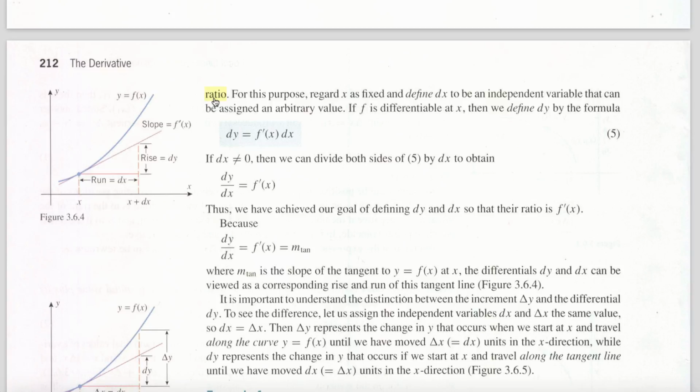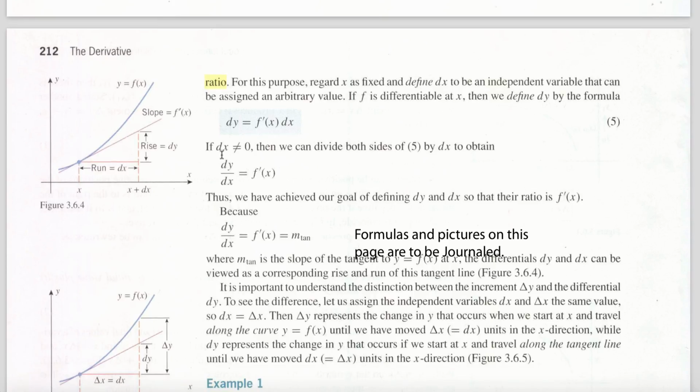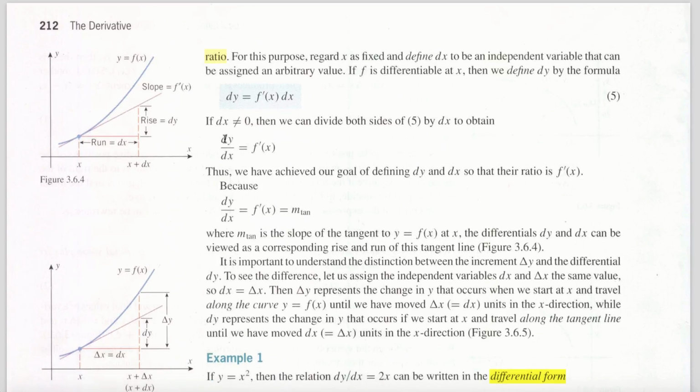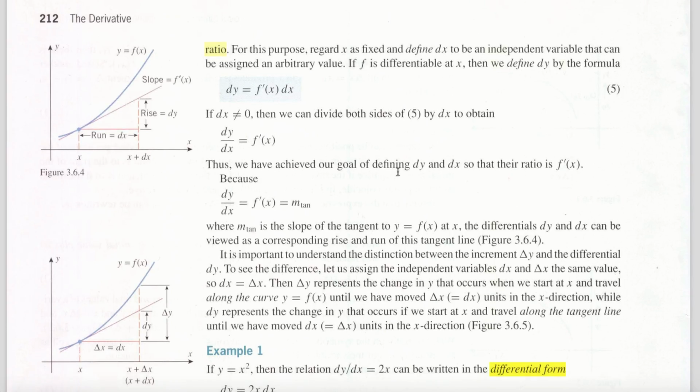For this purpose, regard x as fixed and define dx to be an independent variable that can be assigned an arbitrary value. So therefore, the equation dy/dx equals f prime of x can now be written as dy, differential y, is equal to f prime of x times differential x, provided that differential x is not 0. If we just divide both sides by dx, then we get the natural dy/dx is f prime of x. Thus, we have achieved our goal of defining dy and dx so that their ratio is f prime, because differential y over differential x is nothing more than the slope of the tangent line,